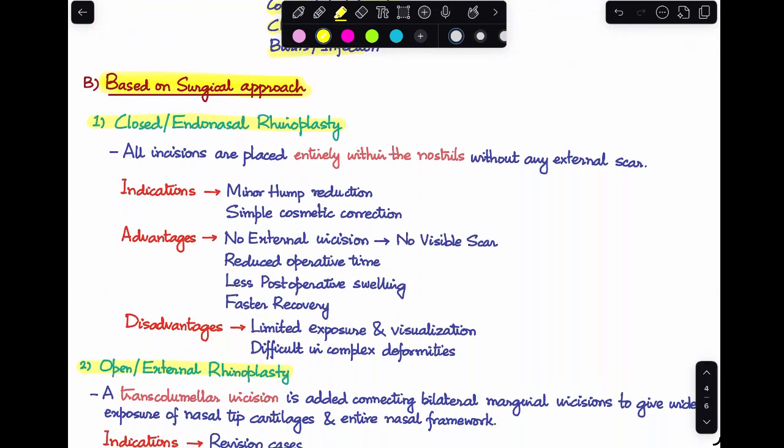Next, moving on based on surgical approach. Now, this is the most common classification that is followed. We have two types over here. Our first type is the closed type or the endonasal rhinoplasty. As the name suggests, we are basically going within the nostril and we do not give any kind of external incision. So, all the incisions will be placed entirely within the nostrils and there will be no external